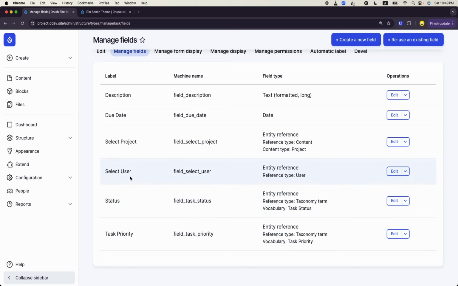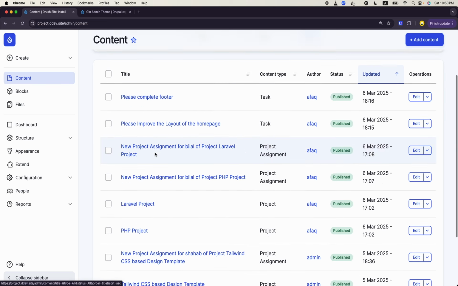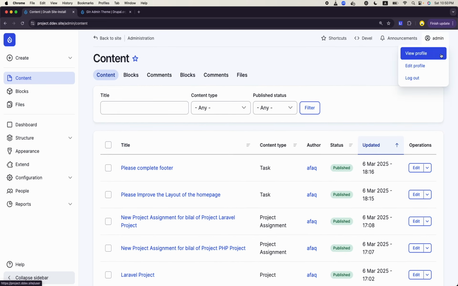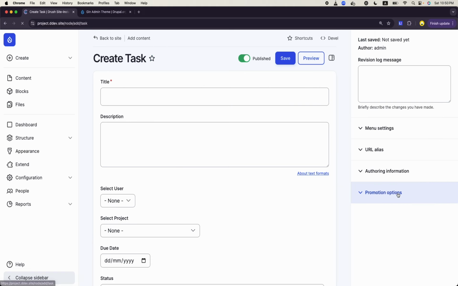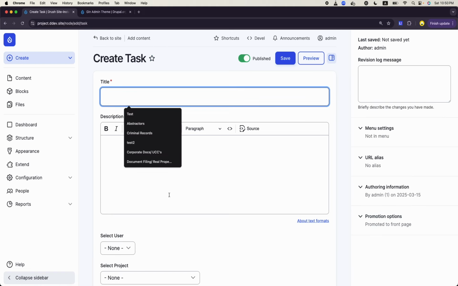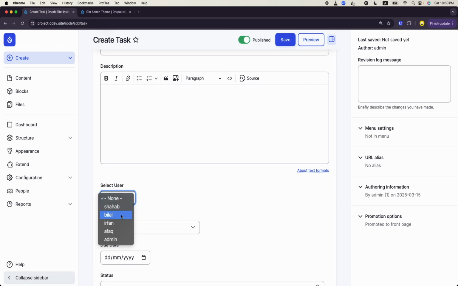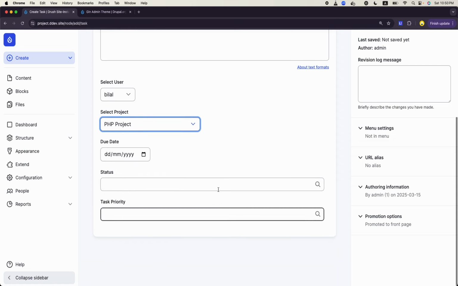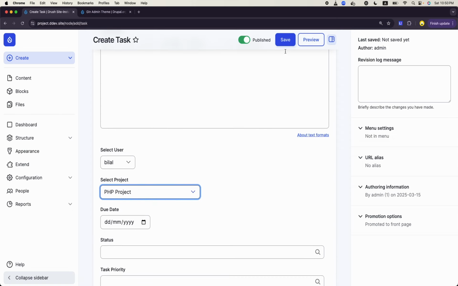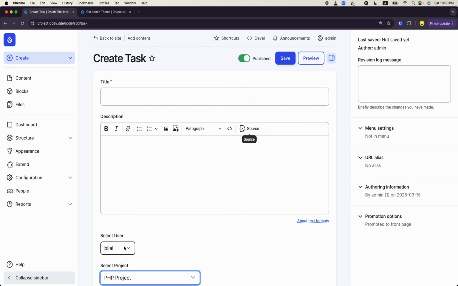For example, if I go to adding content and a new task, this is a task, right? So title, description, select user, this is Bilal. For example, I have assigned a task to Bilal, and in which project? This project, and the date is this and status whatever. And if I save it, Bilal should get an email that a task has been assigned to you,